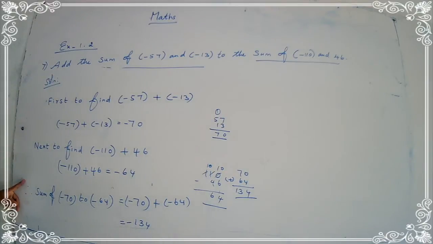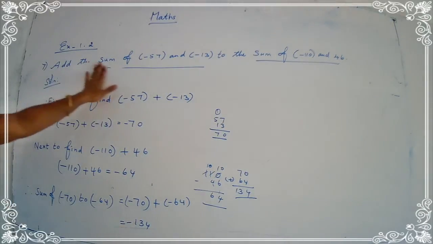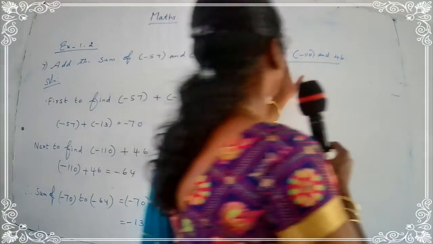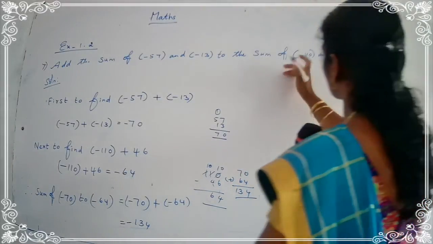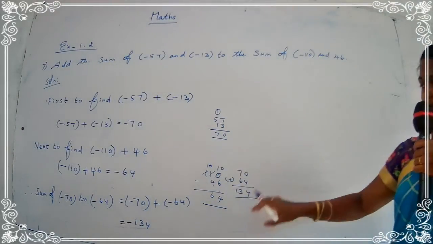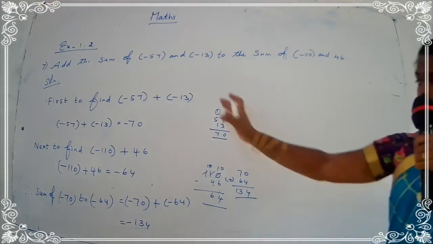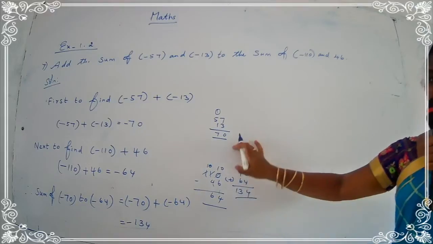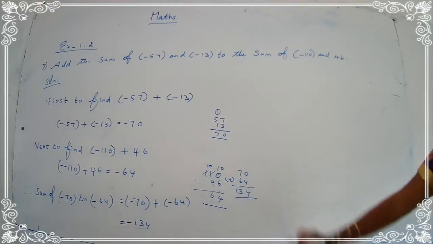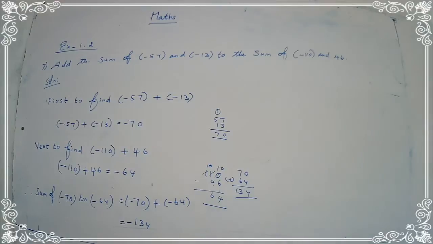You write the question and now you copy from the board. Rough work, do it in your pencil. This is rough work only, so you write in the corner of your note, write with pencil. Write fast. Write without mistakes. Okay children, so signs are there, so you write carefully and neatly.